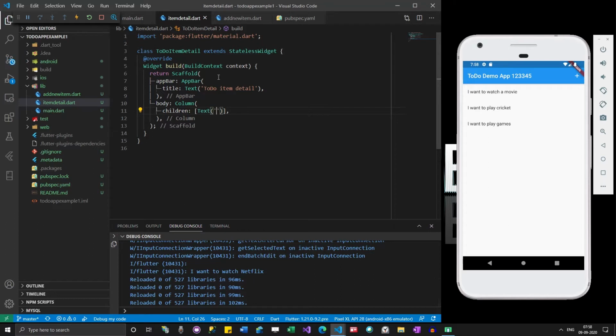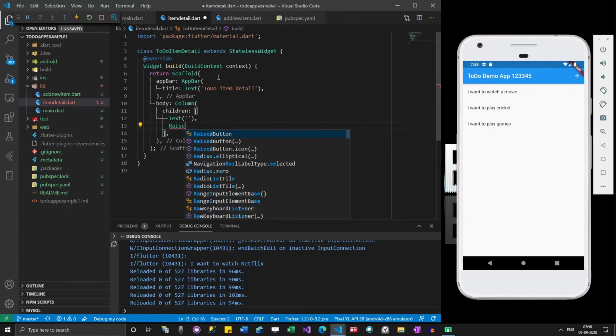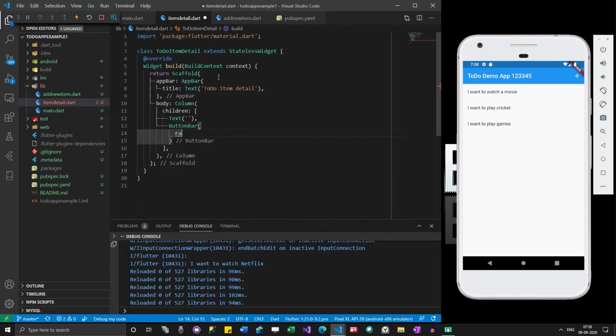So usually this has to be selected text. Okay, and then we are going to add two buttons. Let me add a button bar.